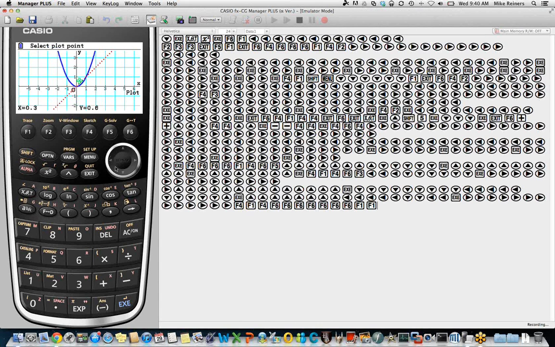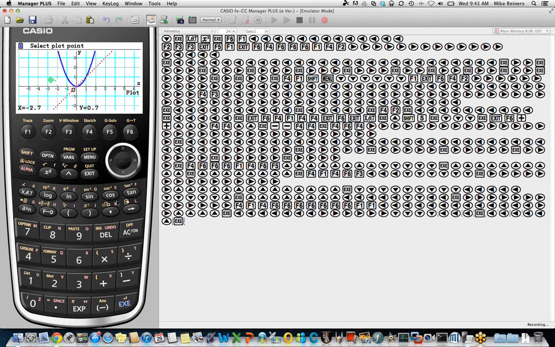So if we choose F1 for plot, you see that it allows us to plot a point. Okay, let's go and plot the point -2, 1. Press execute, and it's very, very small, but hopefully you can see that there has been a green point placed there. And so we could continue placing points. It's a little bit easier to see if I don't place the points on particular grid lines. But this allows you to plot points in space. Fairly simple tool.